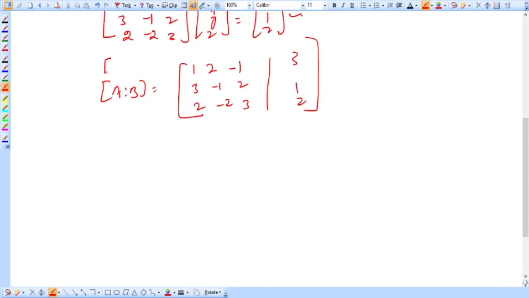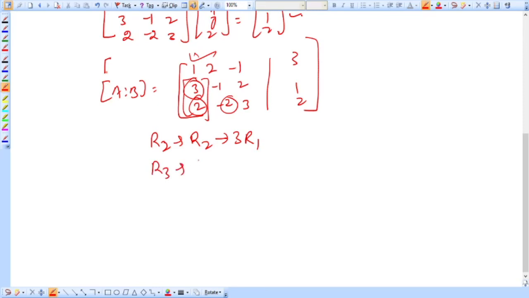Now what we are going to do, we are going to find out the rank of this matrix. How to find out the rank of the matrix? We are going to make these 3 elements 0. So firstly make these 2 elements 0 with the help of this element. How we are going to make it 0? You just subtract r2 from 3 times r1, and to make the third row 0, you just subtract r3 from 2 times r1, and in this way you will be getting these 2 elements as 0. So the augmented matrix is equivalent to this when we operate under these 2 operations.